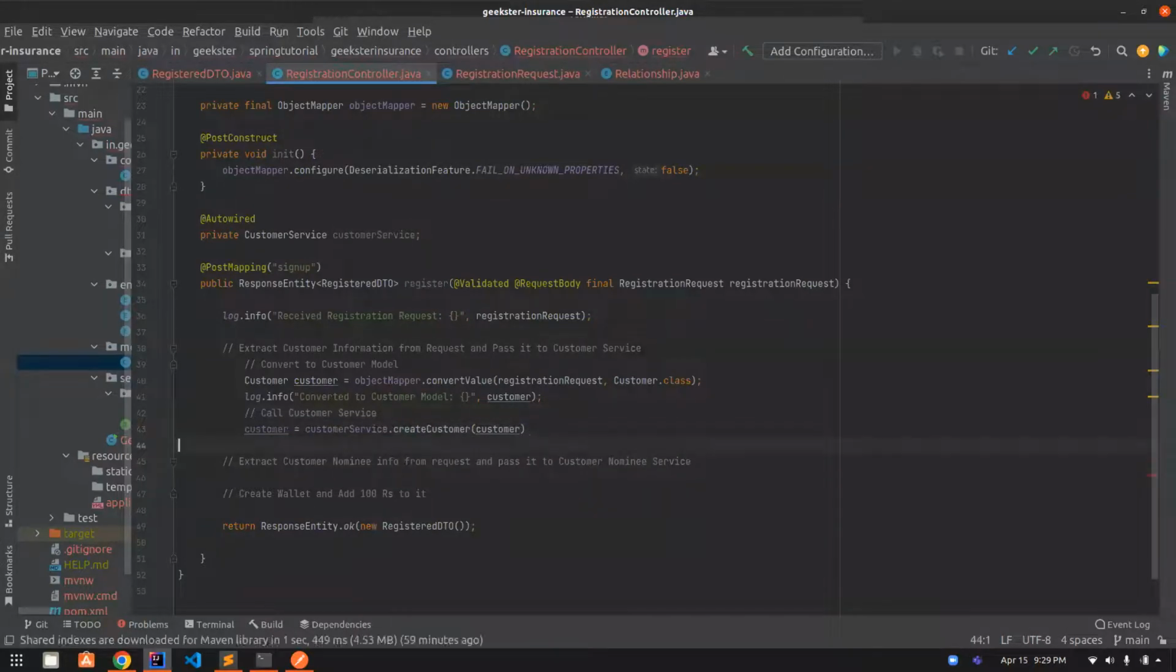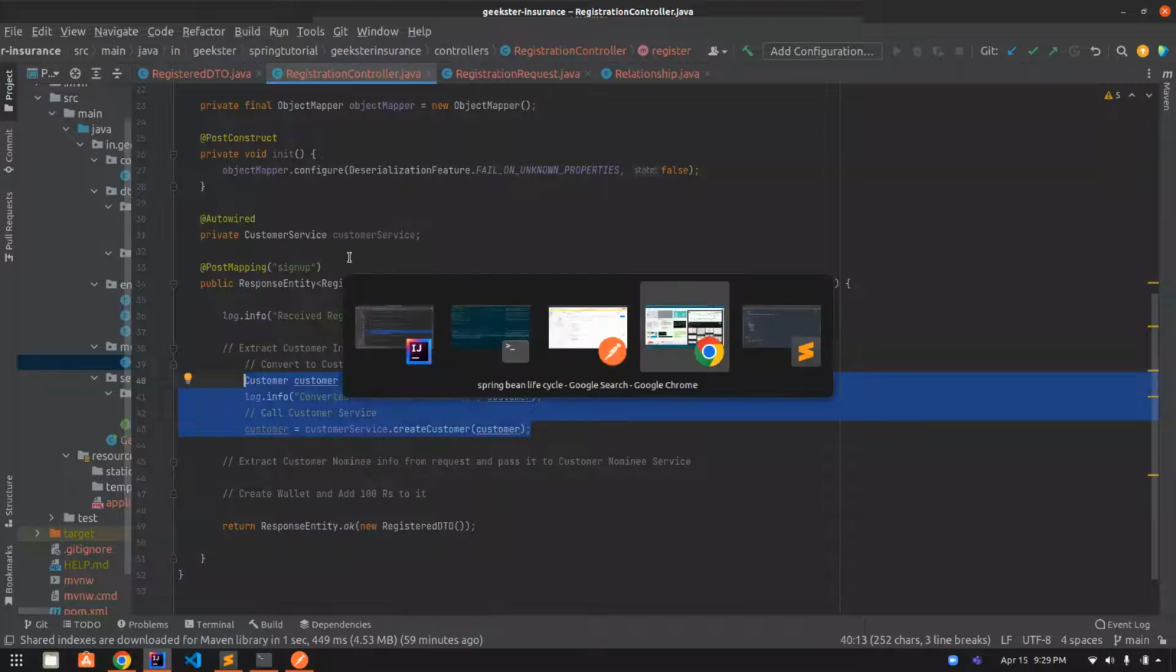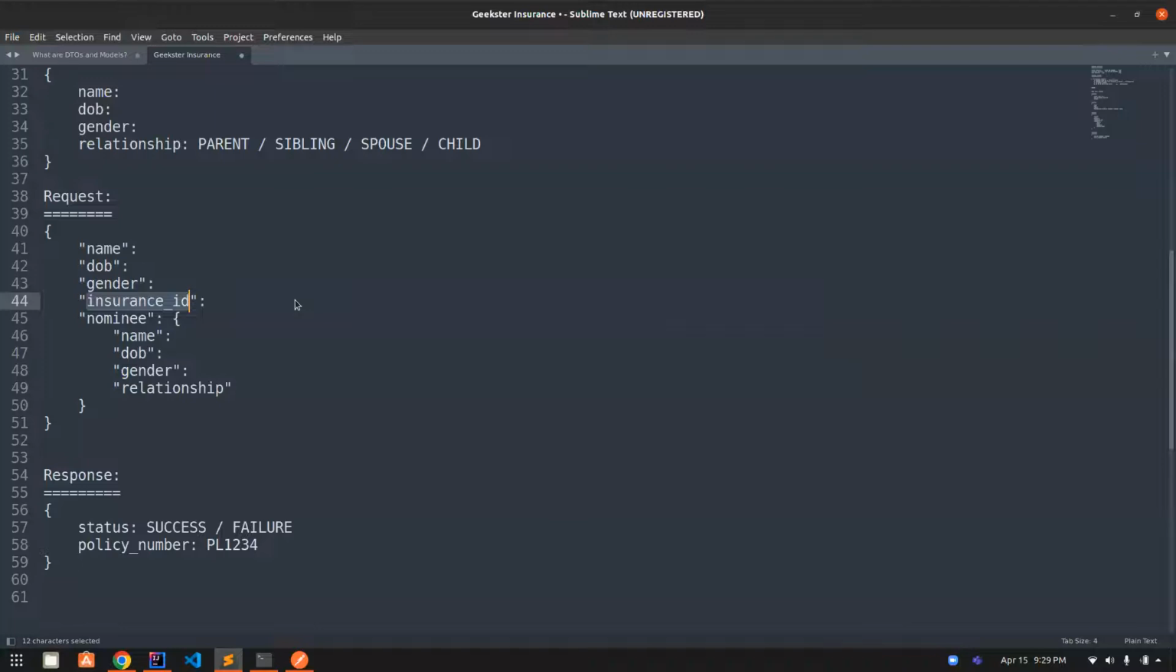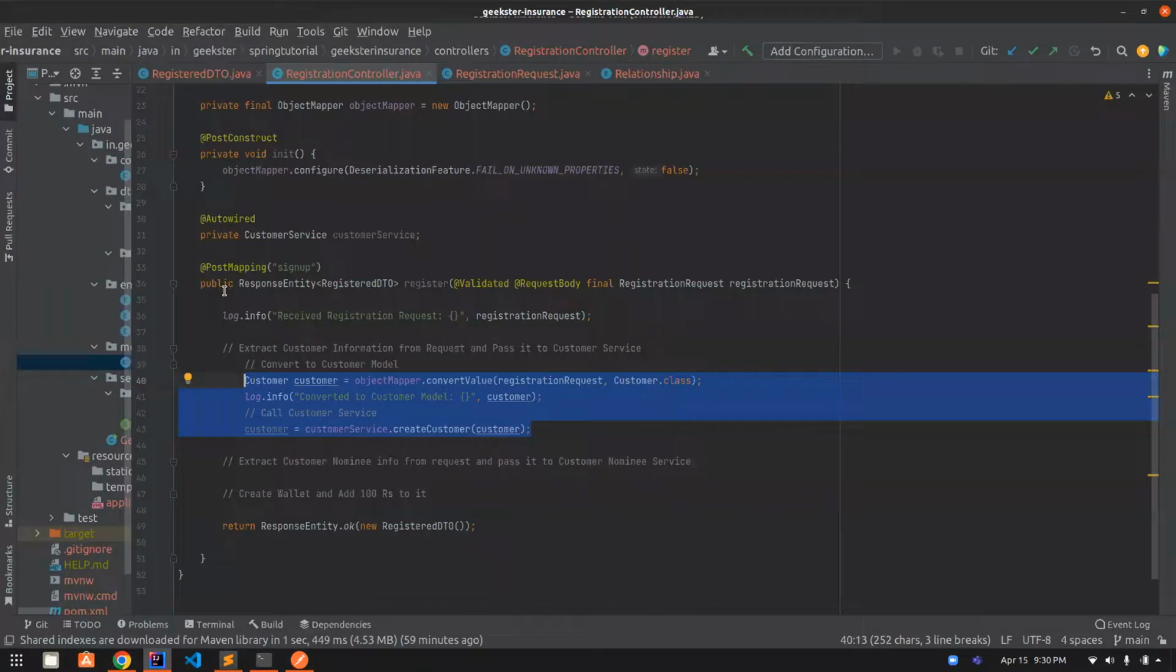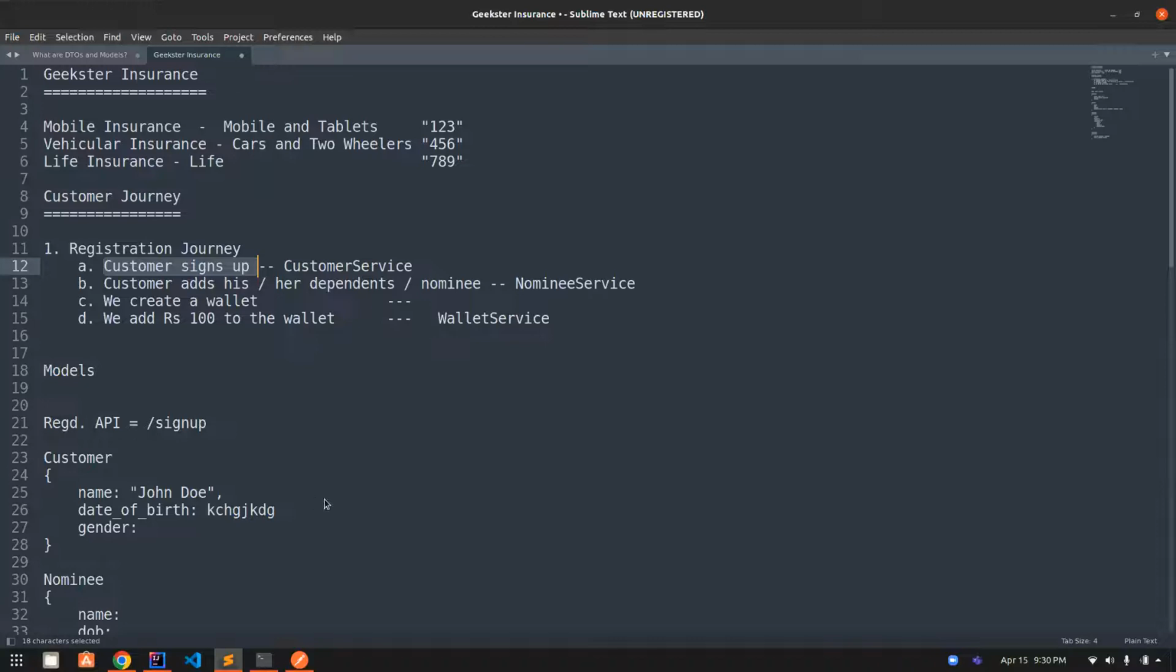Okay, so this part here basically does this. If we go back to our requirement, customer signs up, this part does that. Next part is customer adds his or her dependents. You can see that I already have nominee details here, nominee DTO, but I don't have a service yet